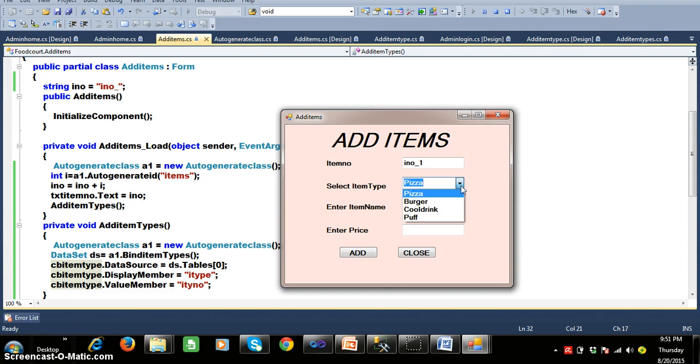So here in the dataset two columns are there: one is itype and itype number, right? But I want to display the item type, but I want to insert what? The itype number in the items table. So at that time I want to catch both the values, so I am using what? This data set to fill the data in the combo box. I hope you understood.